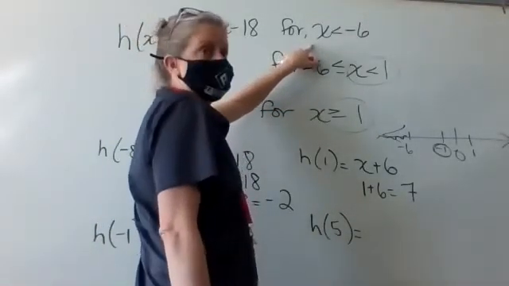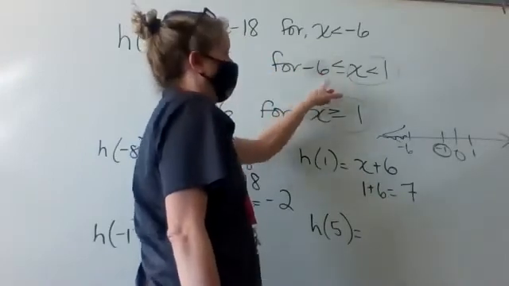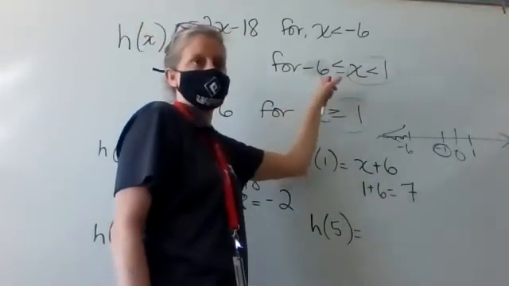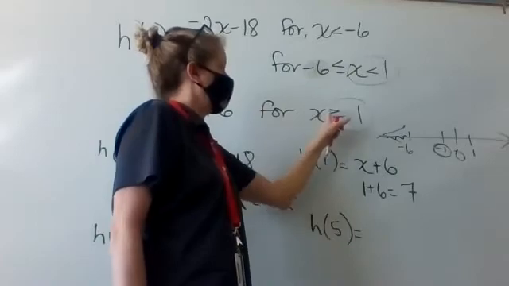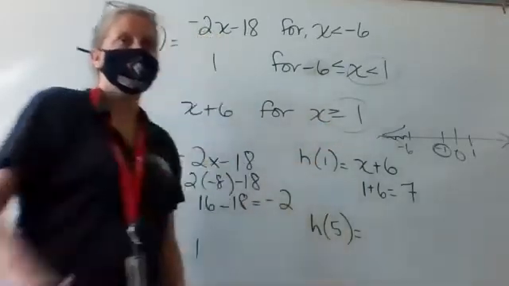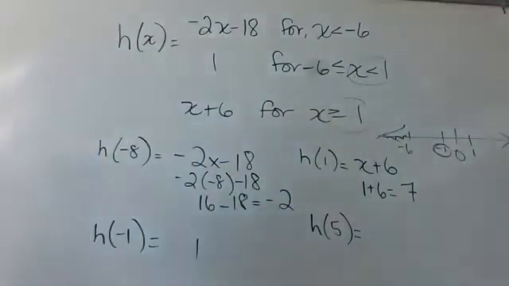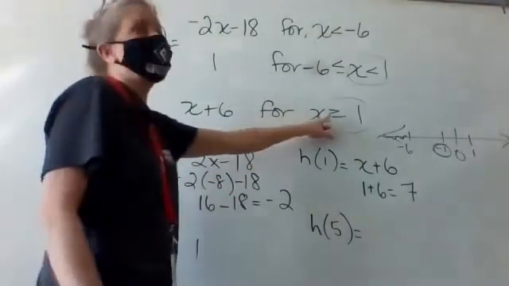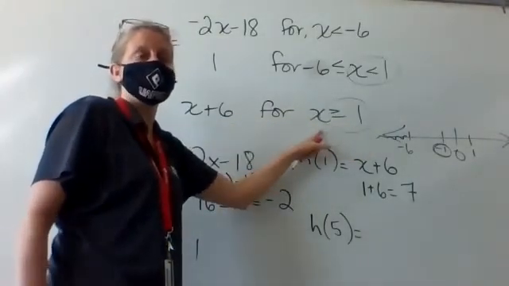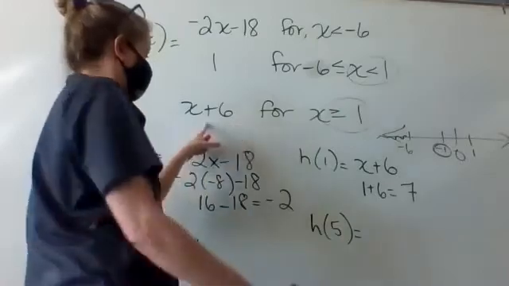Five is not less than -6. It's not between -6 and 1. 5 is greater than 1, right? Well, I was going to answer that. Oh, you are, sorry. So 5 is greater than 1, right? Which means it's in this bottom piece, which is